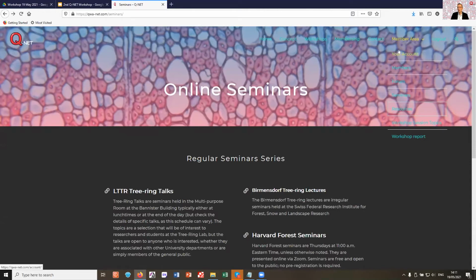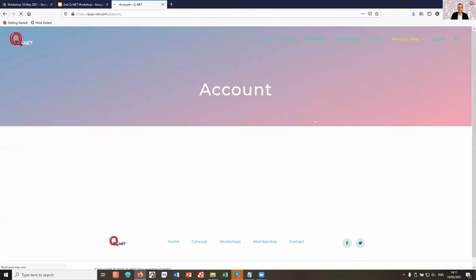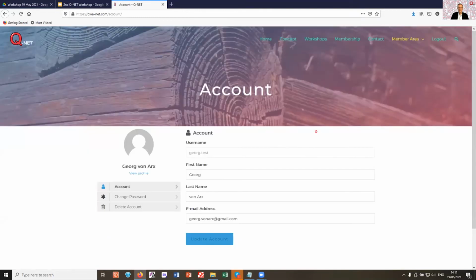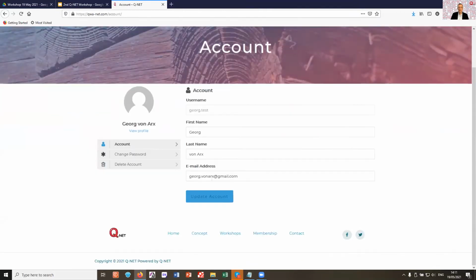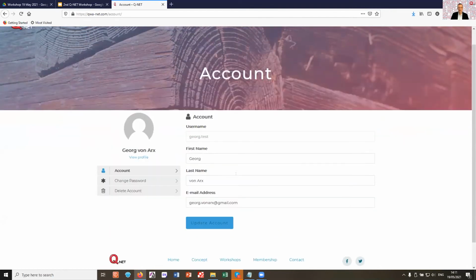So you always have to go to your account. And in your account, you can adjust the most important elements. So here, the email address, for example, is one option that was very frequently asked. Now, if there is something in your profile, the information that you would like to share with our colleagues, then you have to go into the profile. So click here or here, view profile.